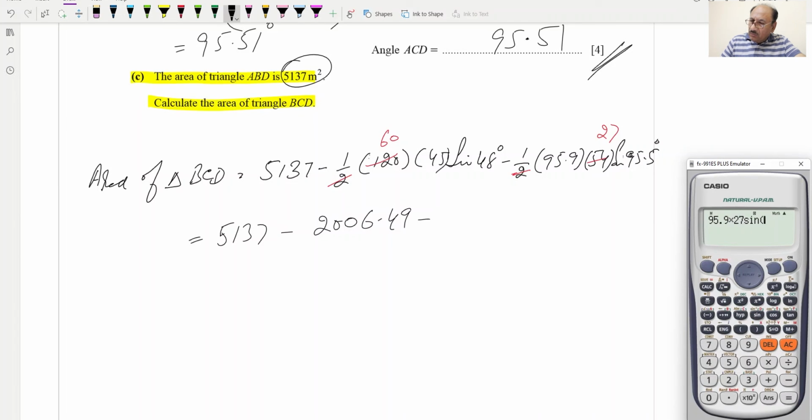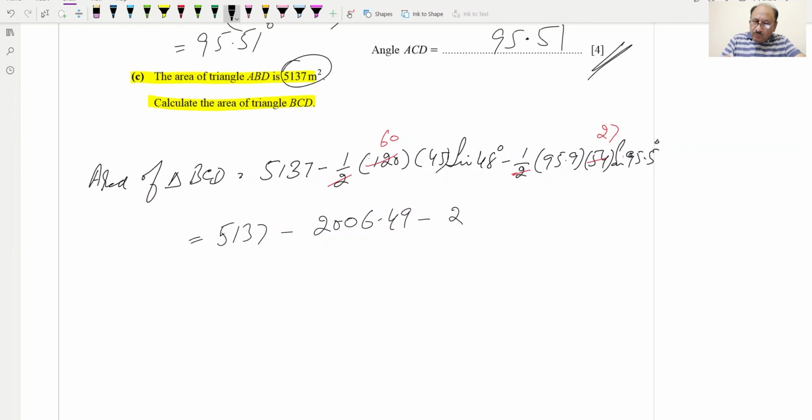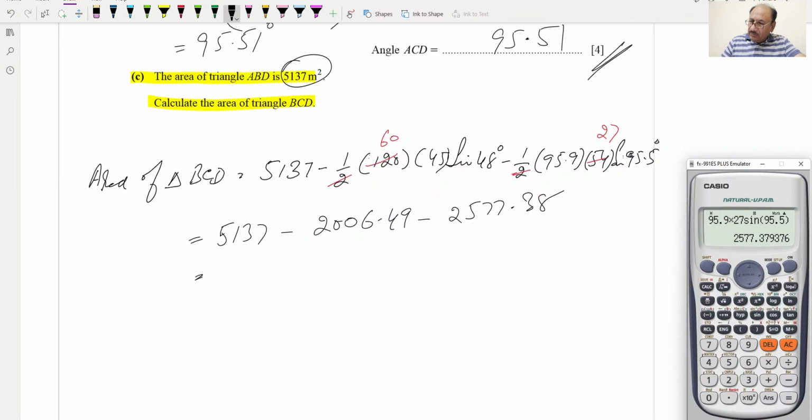so sine of 95.5, and your calculator should be in degree mode, you'll have to be careful. So 2577.38. Now we can simplify, and this will be 5137 minus